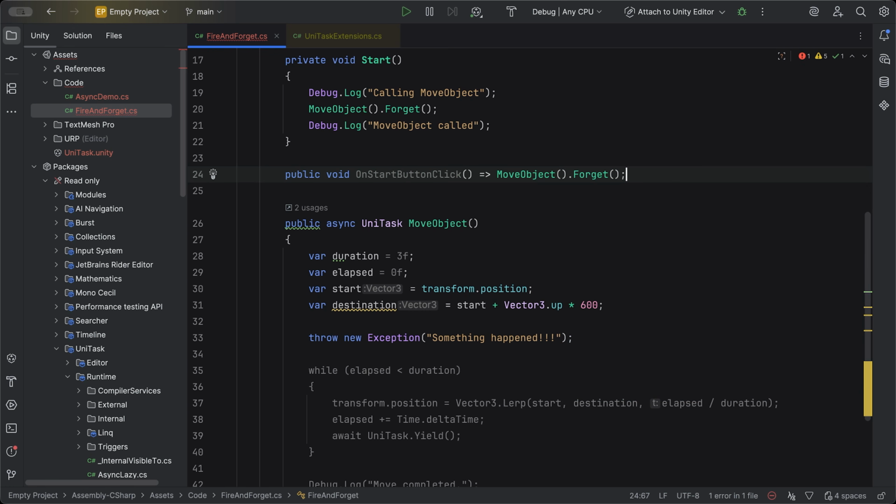Forget. But what if you actually want to create an async method that can't be awaited? Something you intentionally don't want anyone to await, like a true fire and forget operation. That's where UniTaskVoid comes in. UniTaskVoid is a special, non-awaitable return type that behaves like async void, but it routes exceptions through UniTask's global error